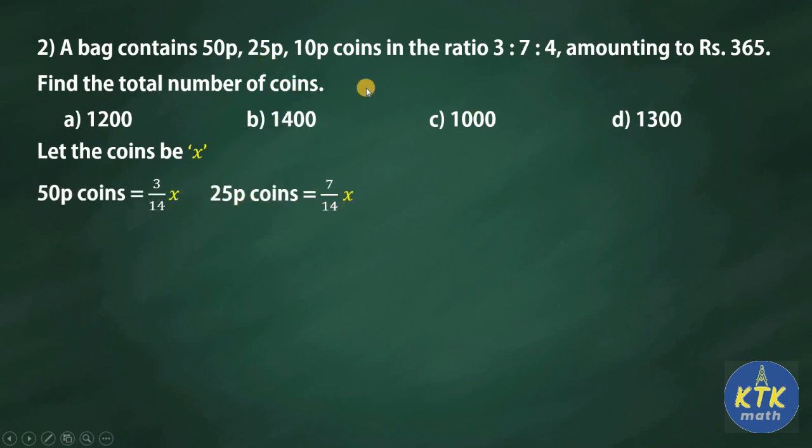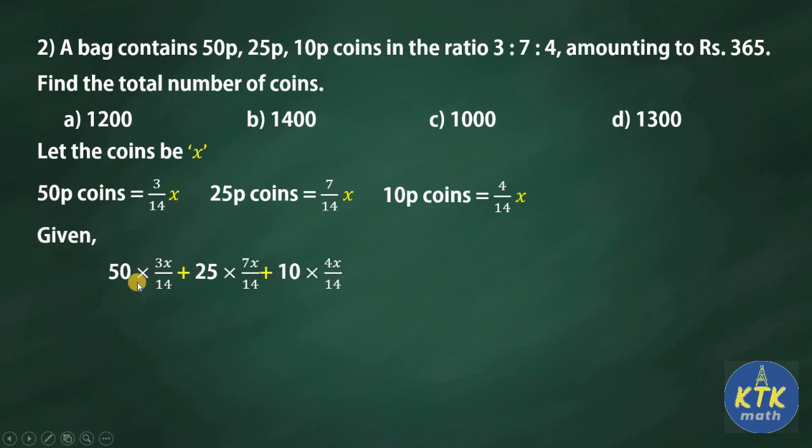Then 10 paise coins will be 4 by 14 x. Now tell me, when I am adding all these, what would be the amount? That is 50 into 3x by 14 plus 25 into 7x by 14 plus 10 into 4x by 14 is nothing but